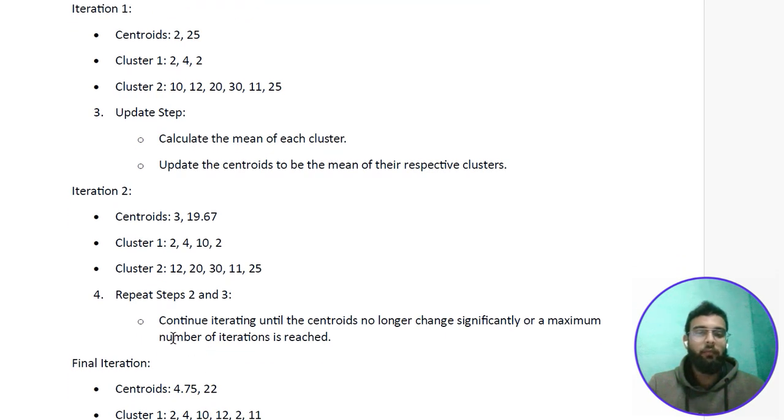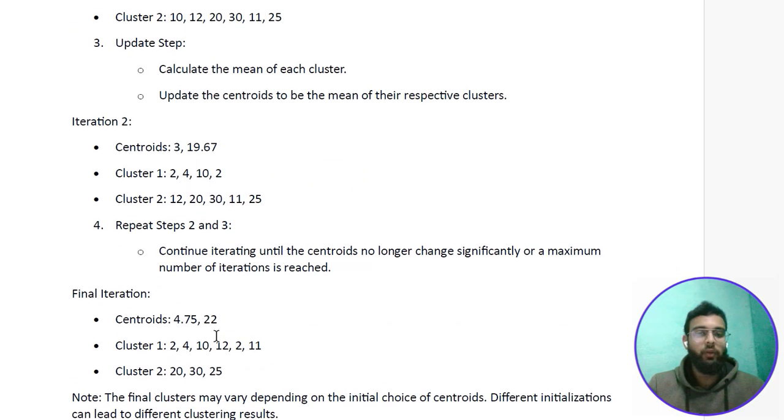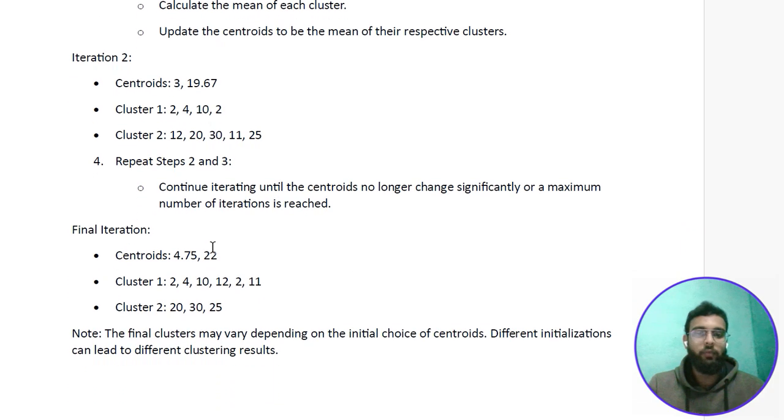After that, we will continue the iterations until the centroids no longer change significantly or a maximum number of iterations is reached. So finally, in the final iteration our centroids will be 4.75 and 22. So the first cluster will be 2, 4, 10, 12, 3 and 11, and the second cluster will be 20,